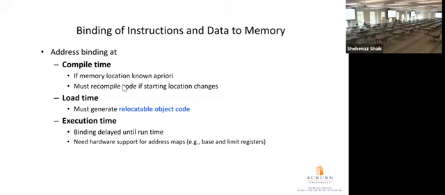Okay, so that is a limitation with these two approaches. For that reason, it is usually not used, even though it results in better performance, or faster execution of the program. And the third option of address binding is performing the binding at execution time, or at runtime, where whenever a process